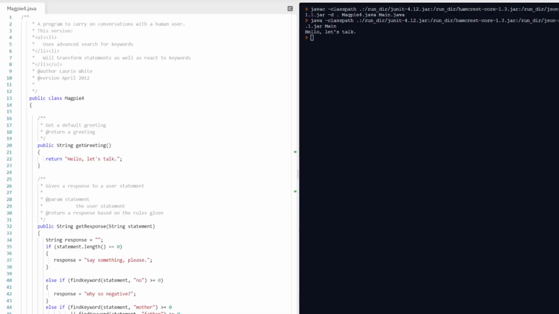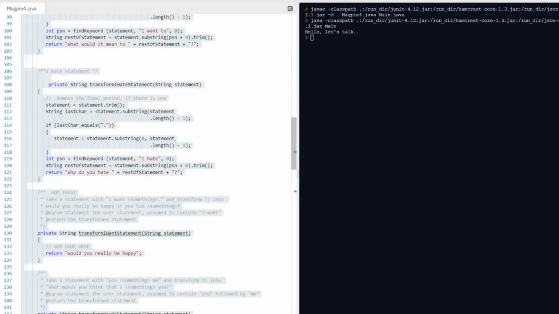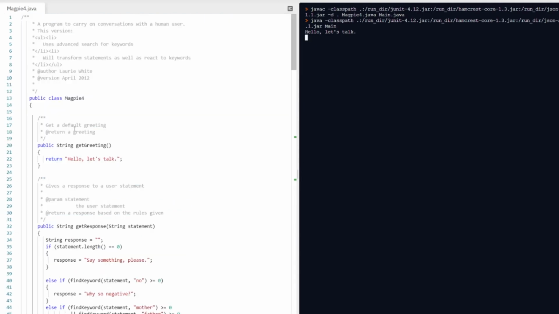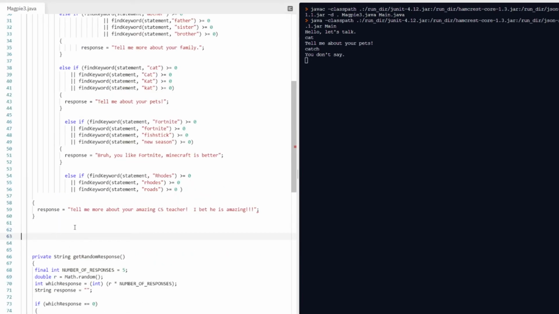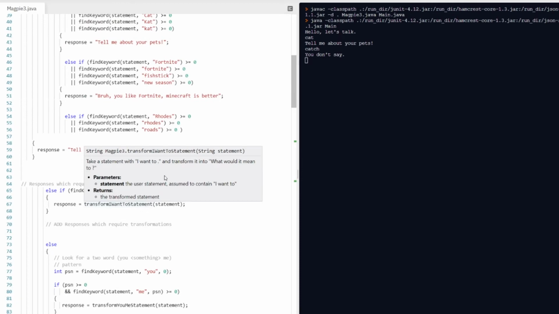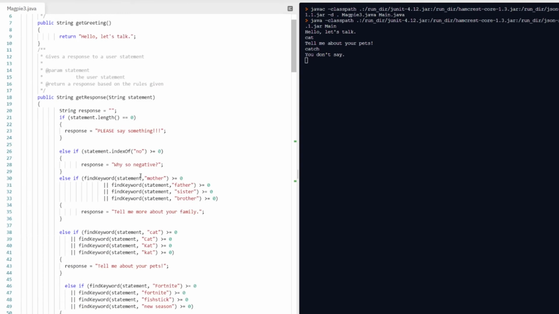Kids, we're over here in Replit. If you open up Magpie, the piece of code that you want to copy over starts at "responses which will require transformations" and goes all the way down to the initial part we added, the private String randomResponses. Make sure you are copying and pasting that into the code you have been using. We're just going to come in between our two parts there and paste it in. That is the same code from Magpie 4 into your part 2 with all of your fine keywords.